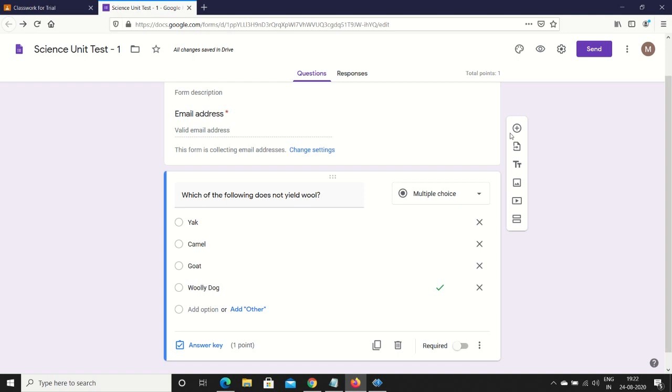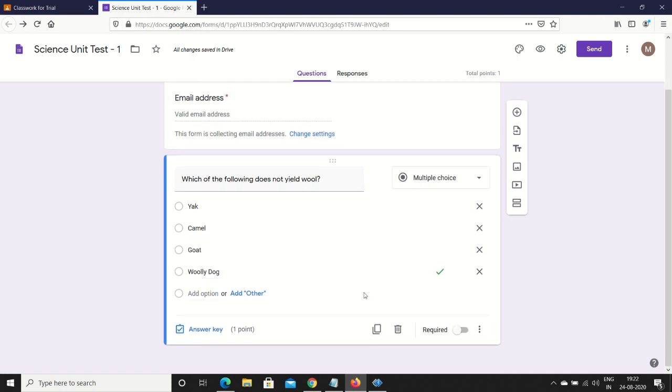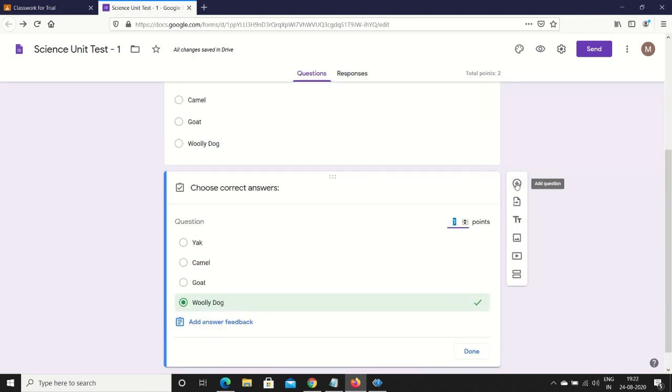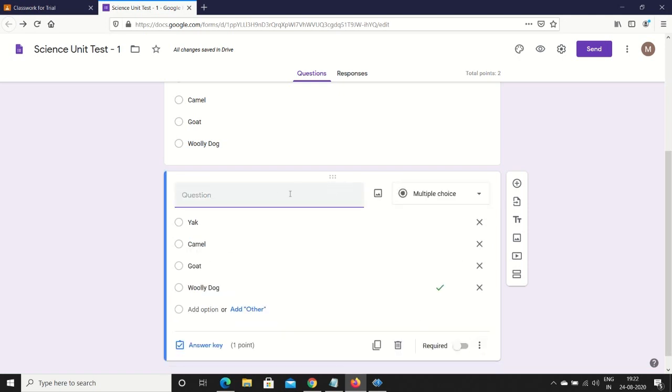So this was the first question. You can add more such multiple choice questions for 1 point or 2 points, and if you want, you can use this plus sign here to add more questions. Okay, this plus sign here can be used to add more questions, and the plus sign is always available. Suppose I want to add a question which is not multiple choice, a different type of question. So a short answer where the student needs to answer in a single word, 1 or 2 words, or a simple sentence.